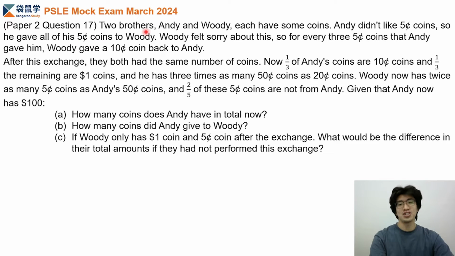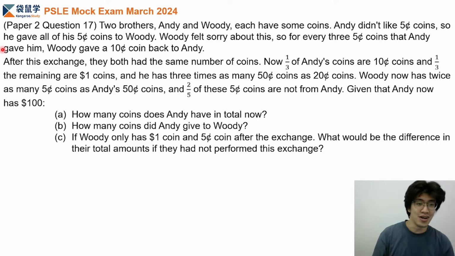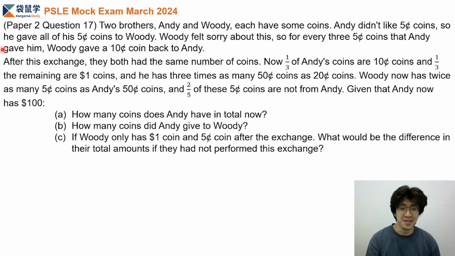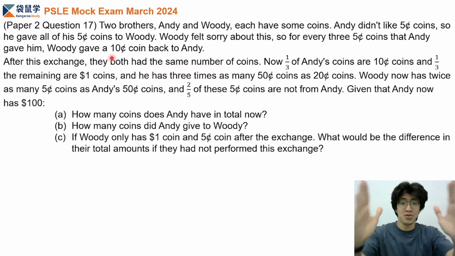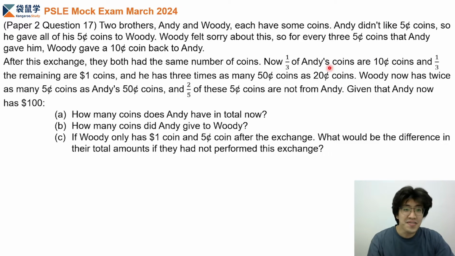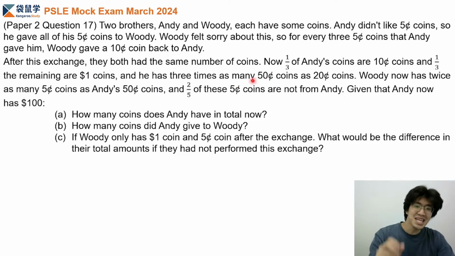Now going through the questions, two brothers, Andy and Rudy, each have some coins. Andy didn't like 5-cent coins, so he gave all of it to Woody. Now Woody felt sorry about this, so for every 3 5-cent coins that Andy gave him, Woody will put a 10-cent coin back to Andy. Now, after this exchange, they both have the same number of coins, given that 1/3 of Andy's coins are 10-cent coins, and 1/3, be careful, of the remaining are $1 coins, and he has 3 times as many 50-cent coins